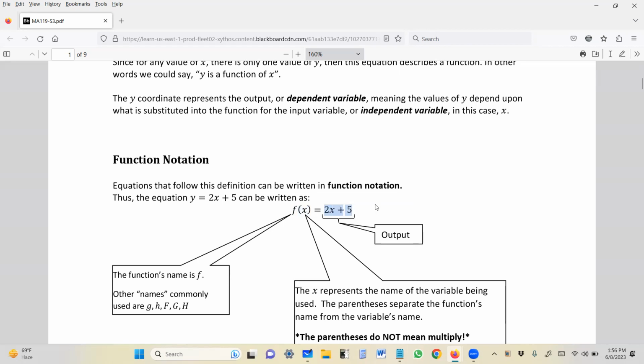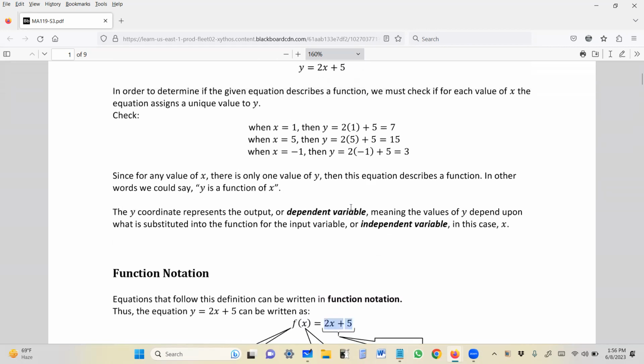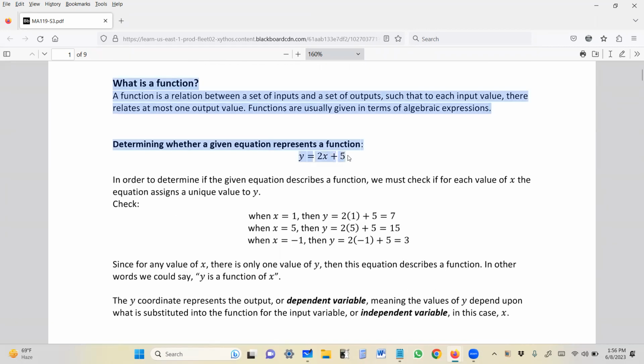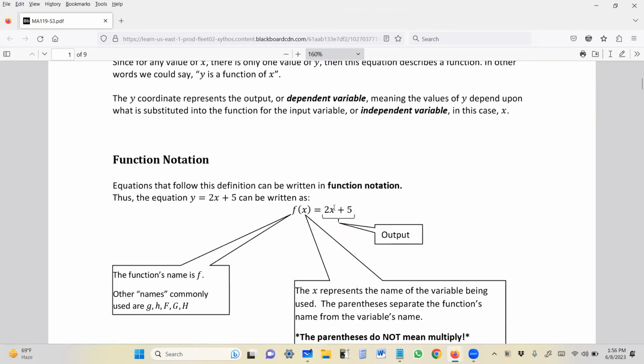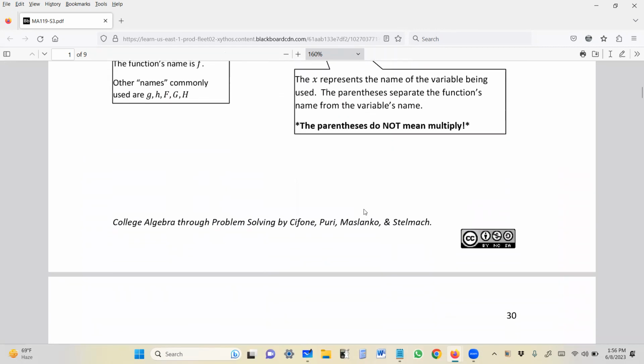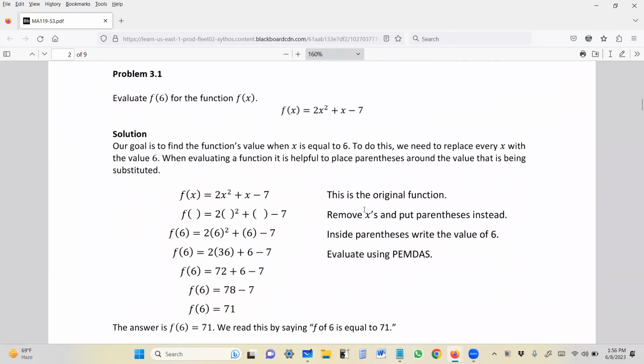And the expression that's on the right side, as you can see here, we call it the output, or we can call it the function definition. This is what the function will do. Once we know that, we can write the function definition as either y equals an expression or f of x equals an expression. The next thing we want to be able to do is, like on this example here,